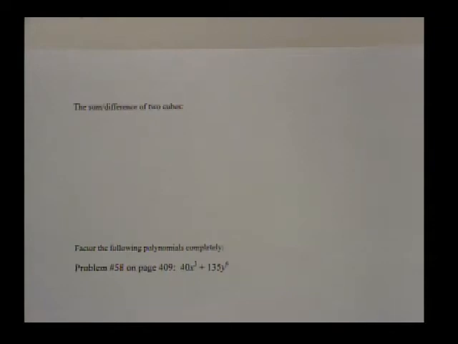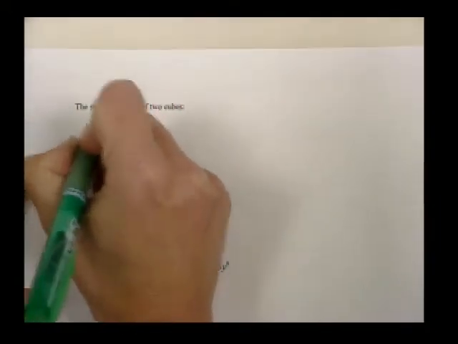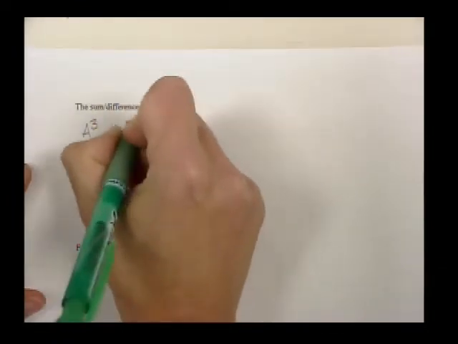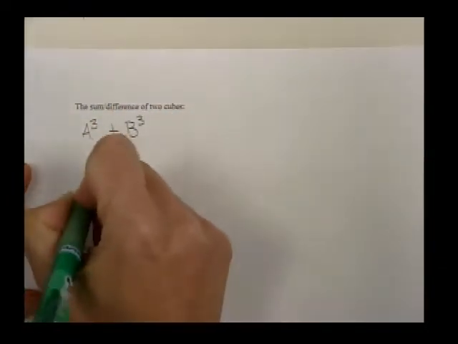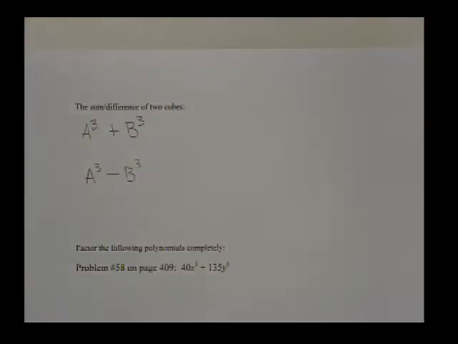The other special products we'll look at in this section deal with the sum and difference of cubes. So it will look like a cubed plus b cubed for the sum, or a cubed minus b cubed. Well, and it might not be as nice as just a and b. There might be